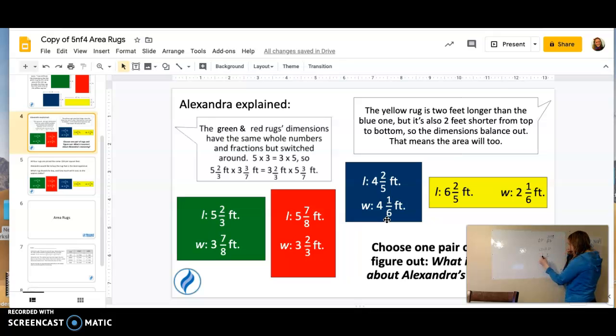I can multiply straight across, or I could simplify first. 2 and 6: 2 goes into 2 1 time, 2 goes into 6 3 times, 1 times 1 is 1, 5 times 3 is 15. So 16 1/15 square feet is the blue rug, and the yellow rug,